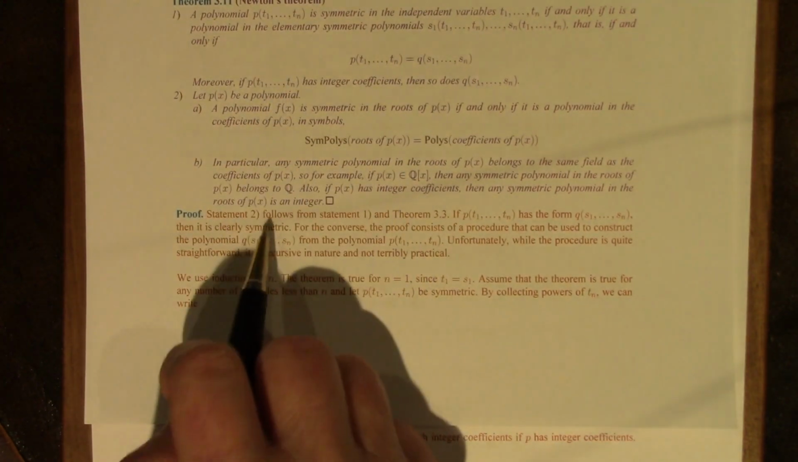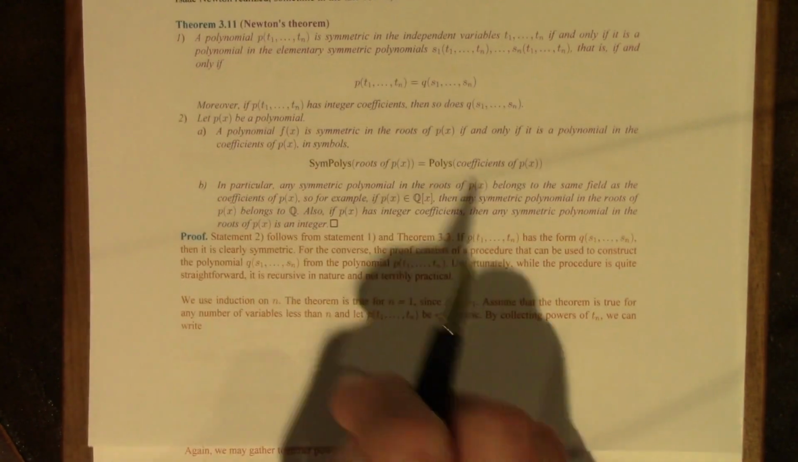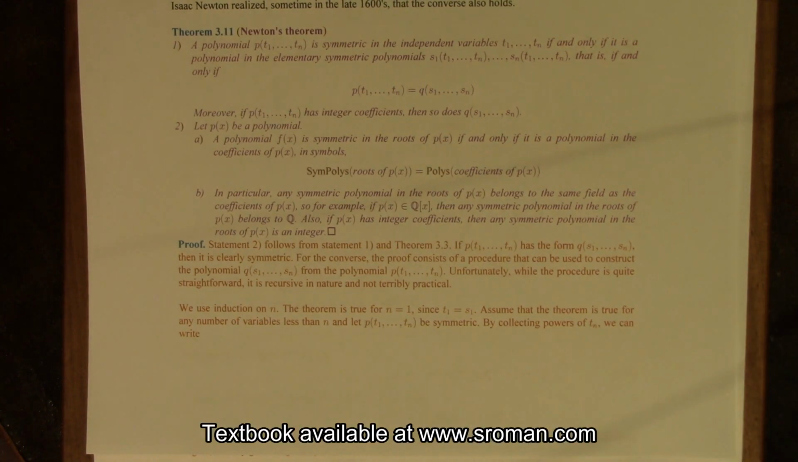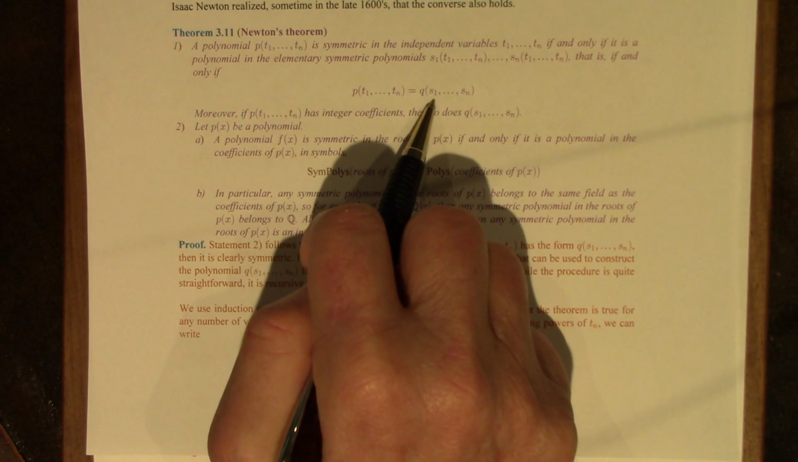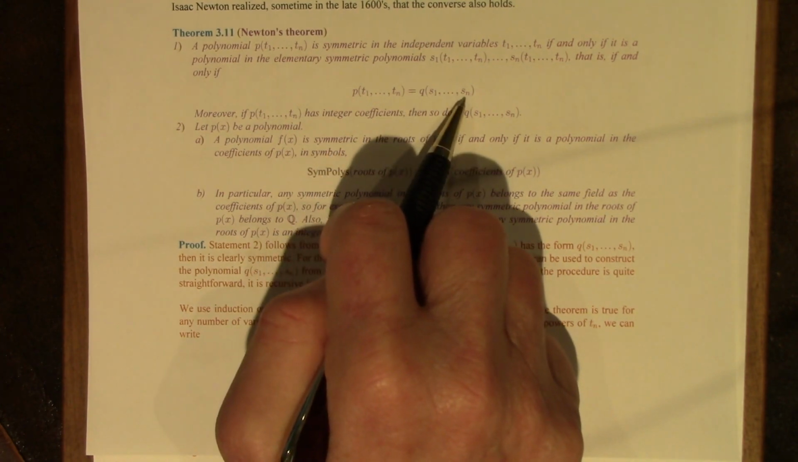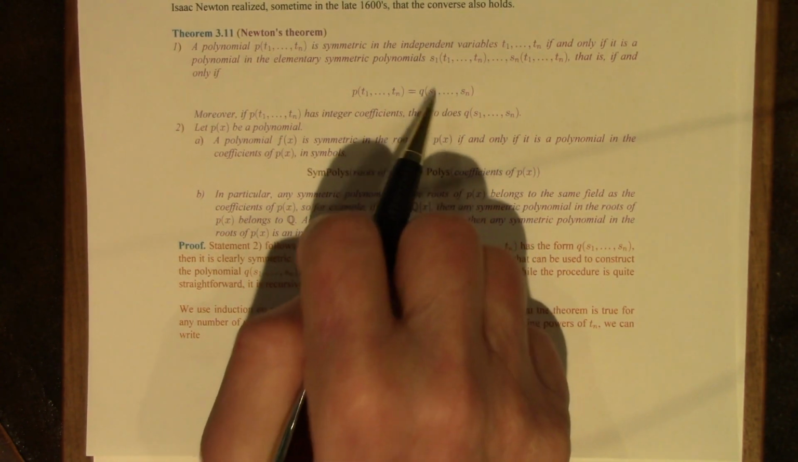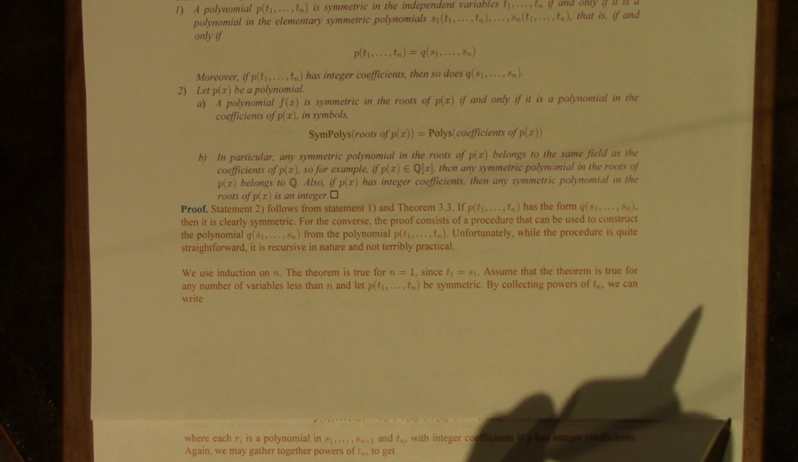So, as I said, statement 2 here follows from 1 and the earlier result. So we just need to address the hard part here, which is part 1 of Newton's theorem. Now, what is additionally remarkable about this theorem, or about the proof, is that it is an actual algorithm. This is very important. It's an algorithm for actually computing the polynomial q of s1 through sn. So we can actually find this polynomial. Unfortunately, it's a recursive kind of algorithm, so it's not terribly practical for hand computation, but it's of immense value,